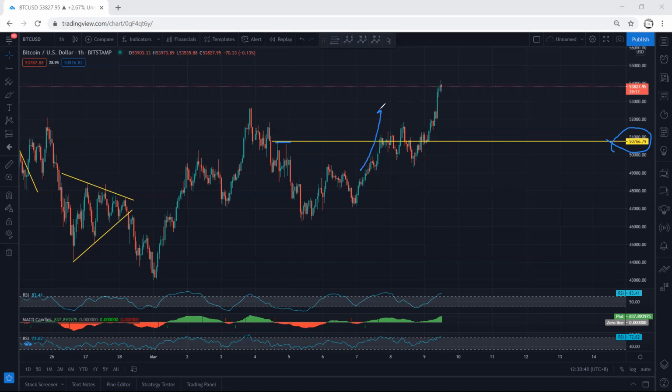Whether the price continues and breaks, we can have an entry. If not, BTC is correcting, and this is where we can look for another opportunity. Exactly when the price was here, because at that time we were expecting the price to drop, and we mentioned